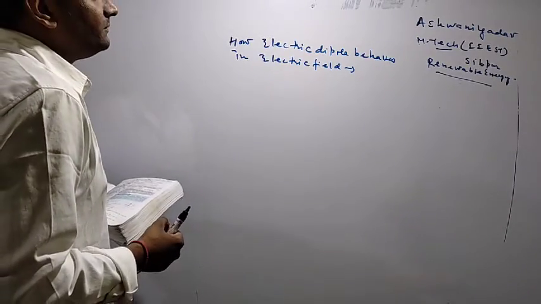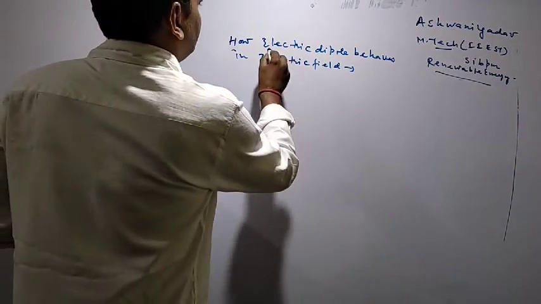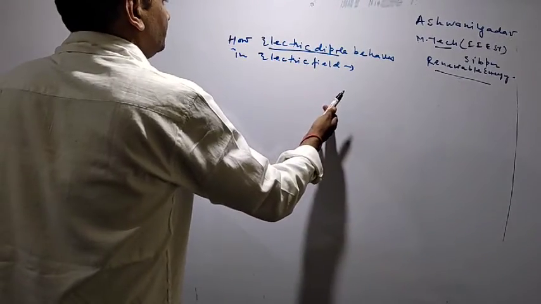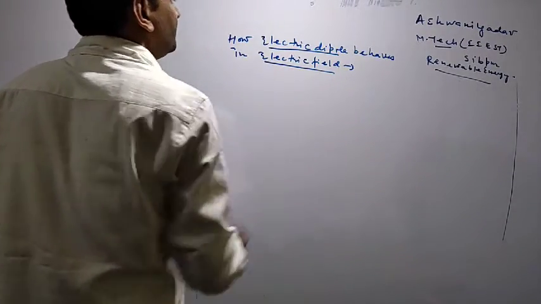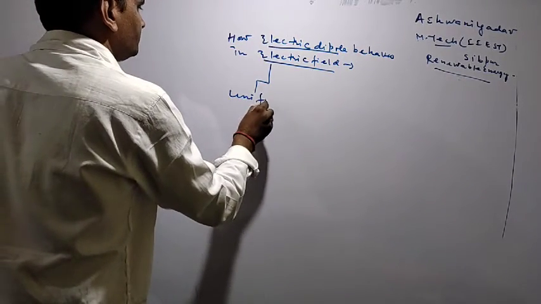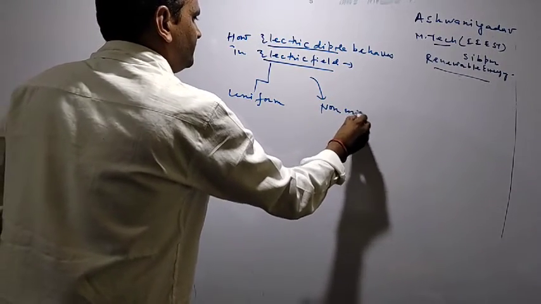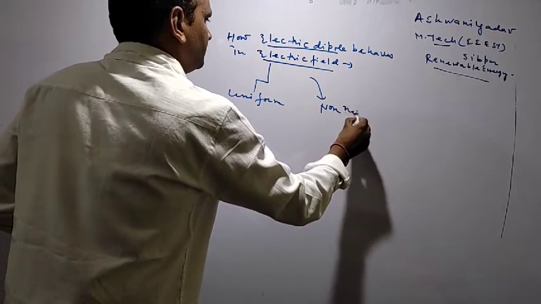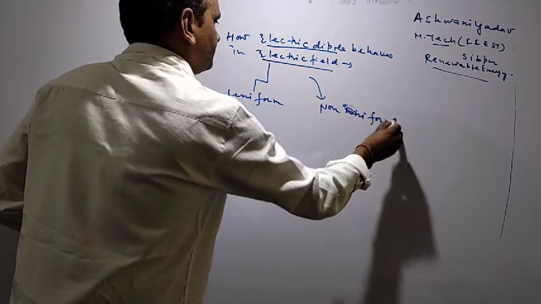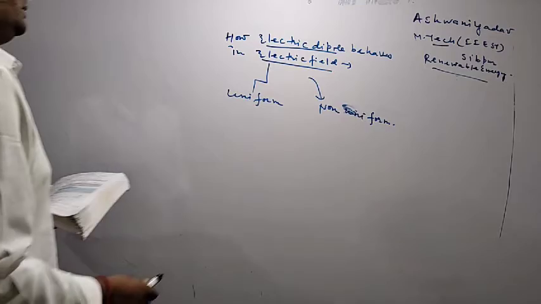Today we will discuss electric dipole, how it behaves when it is put in electric field. And electric field may be uniform and it may be non-uniform. Okay. So